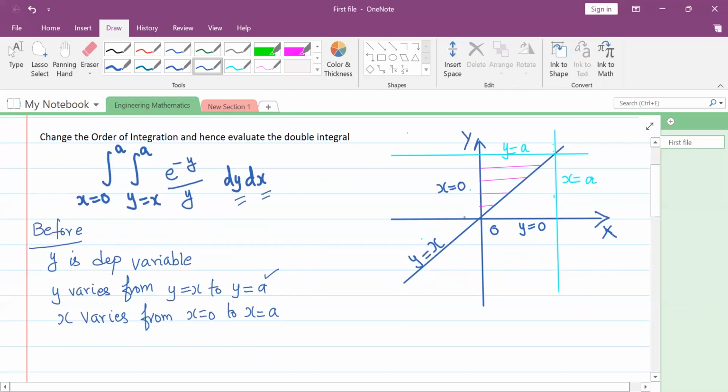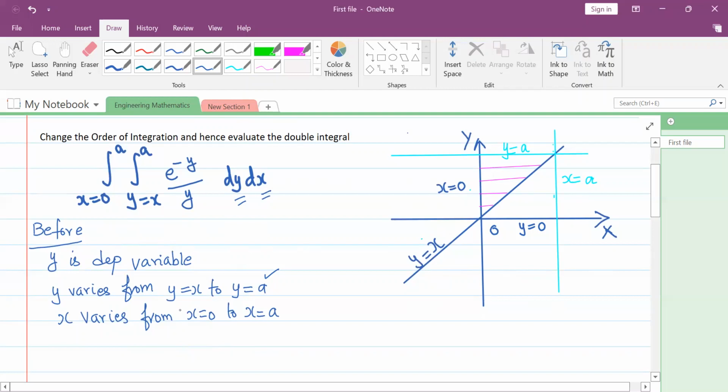So this I am going to draw. y equal to a, here I have drawn. It is nothing but a line parallel to the x-axis. Then the x limits. x is equal to 0 is the lower bound, which is nothing but the y-axis in our diagram. Then x is equal to a is a line parallel to the y-axis. So now I got a square and the region of integration is nothing but the shaded portion. Why have I shaded only the upper triangle, not the lower triangle?